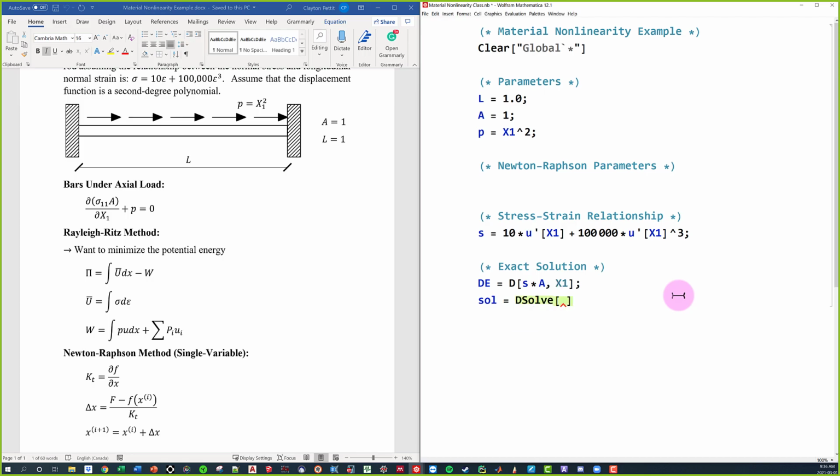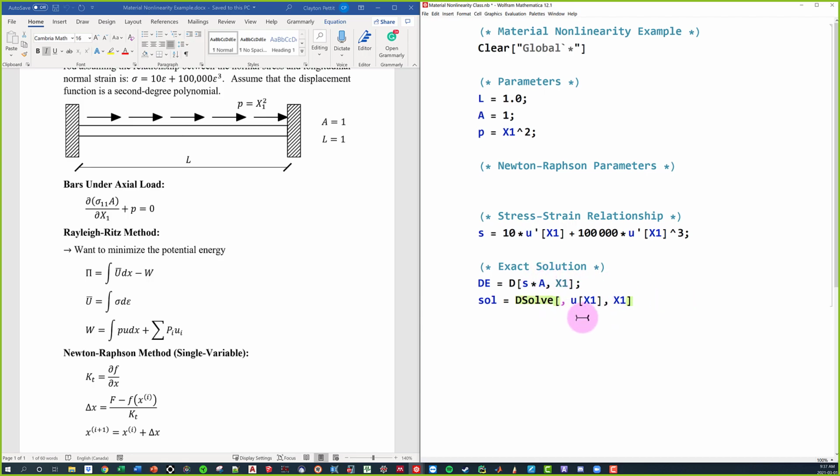And we basically have two different sides we need to input. We need to input our differential equation and our boundary condition, and then we need to specify what equation we're trying to solve for and what is the parameter. So we're going to have 3 total inputs. The middle one is what is the equation we're trying to solve for? Well, we know that we're trying to solve for our displacement u as a function of x1. What is the variable? Well, we know it's simply going to be x1.